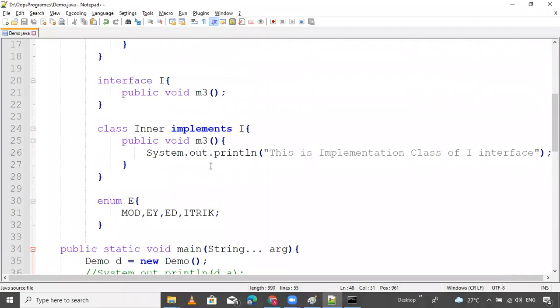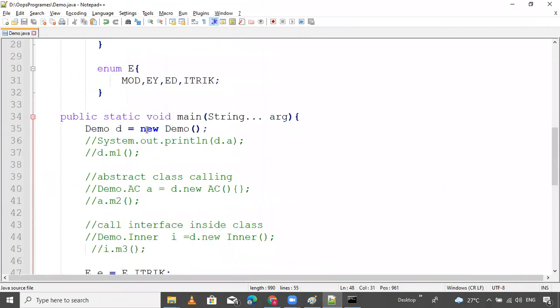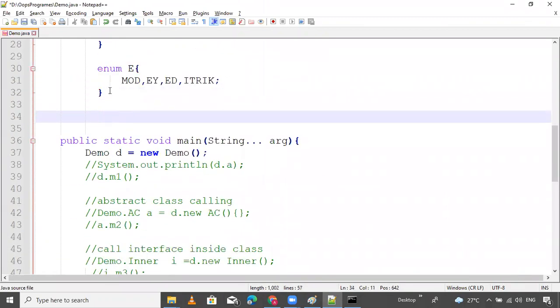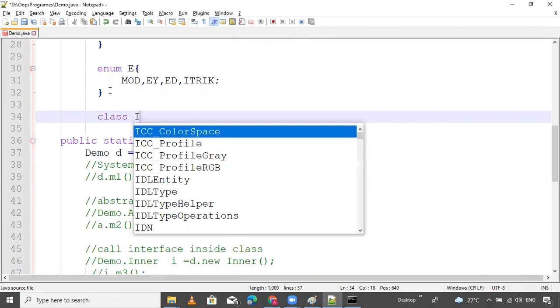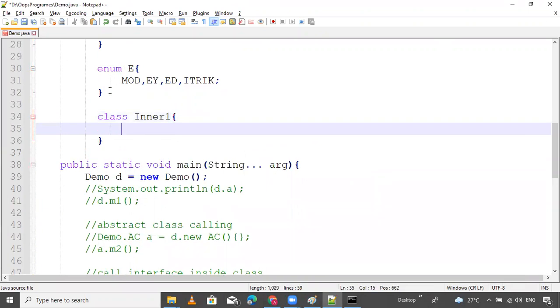Now declare one inner class here. I think I have not declared one inner class, no? Okay. Declare one inner class. Suppose how to declare an inner class? Simple, class. Suppose class Inner1, and here declare one variable like int I equals 10, suppose, and inside the inner class